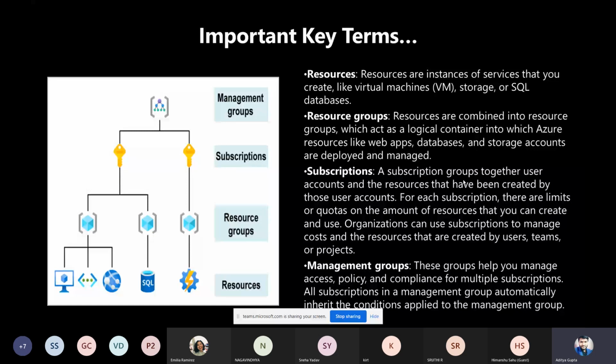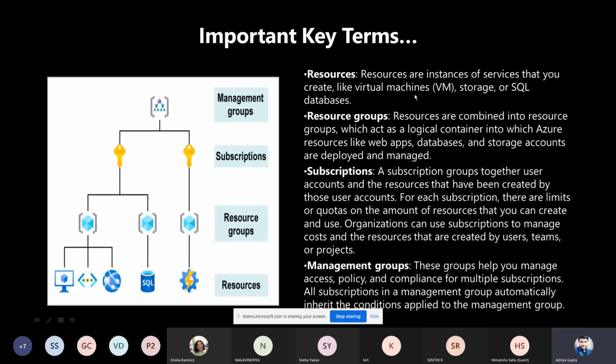It may just look complicated on the page. Okay, what the terms are, in the diagram on the left you are seeing resources. As I said earlier, resources are the services, extra functions or extra features. Maybe it can be SQL, which I showed you in our console, Cosmos DB, virtual machines, or many more. So any service in Azure is termed a resource. Virtual machine, storage, SQL database are written here, correct?